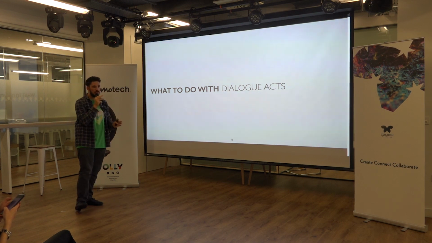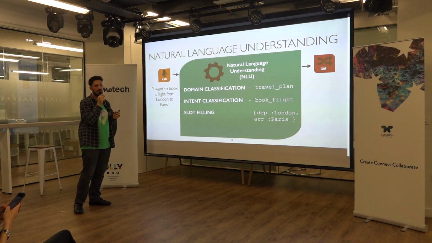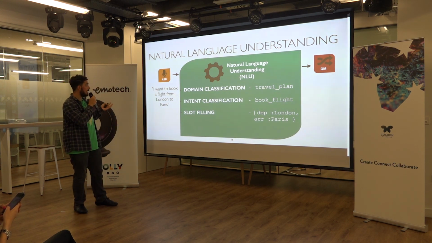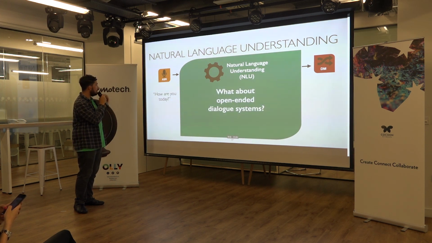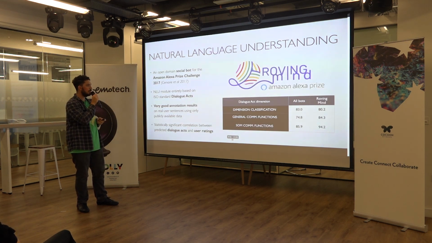Now the question is, once you have a system like this, what do you do with that? The main application for dialog acts is obviously natural language understanding. It's the most obvious choice. Because, as I said, usually natural language understanding is approached as a task-based problem. So you classify a domain, an intent, and a slot for a specific domain. But if you have a dialog system that has no domain, you don't know how to approach it. Which is why dialog acts are a very good choice if you want to build an NLU that is truly domain independent.